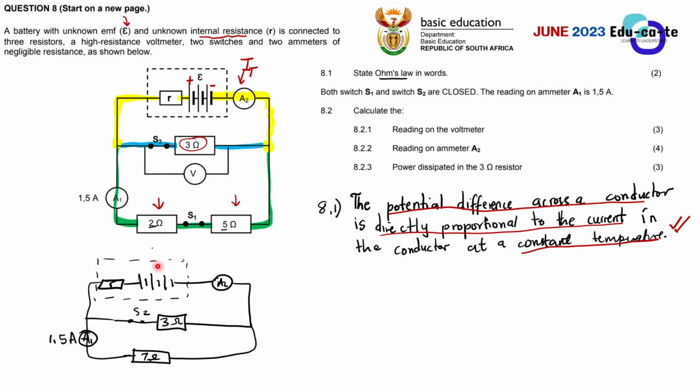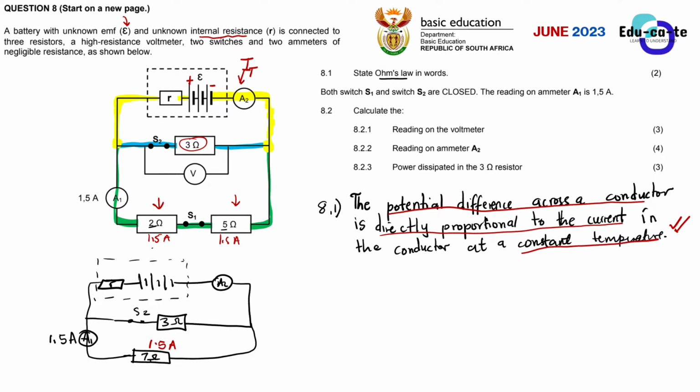Now the current passing through these 2 ohms and 5 ohms, remember we said that it is 1.5 amperes as indicated by this ammeter, because an ammeter measures current, right? The current passing through this ammeter is the same current passing through those 2 ohms and through this 5 ohms. So when we combine them together, their current is still going to be the same because these two are in series with one another. So the current passing through this 7 ohms resistor is also going to be 1.5 amperes. You don't add them up. You're not going to say this is 1.5 amperes, this is 1.5 amperes, and when you add them up this is 3 amperes. That is absolutely wrong.